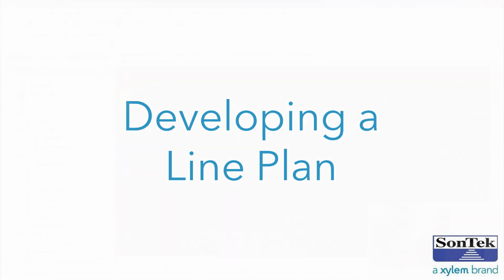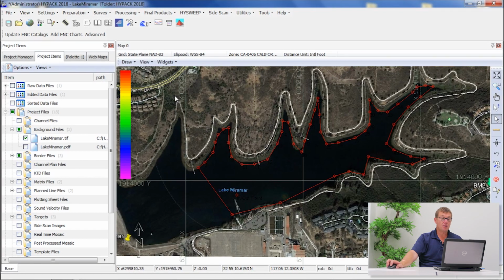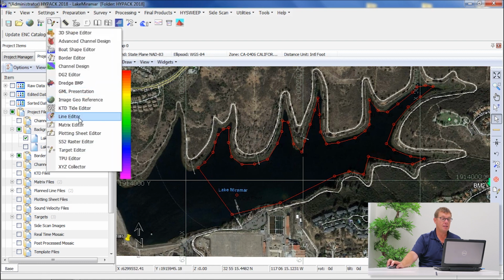Alright, so after you completed your border file, the next step is to create a line plan, and that is to have a structured approach towards the survey itself. A line plan is used mainly to determine where you want to perform the surveys and the main direction of the survey lines itself. So if we go to the editor menu under line editor,